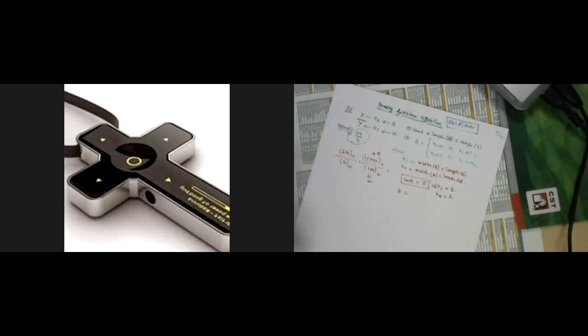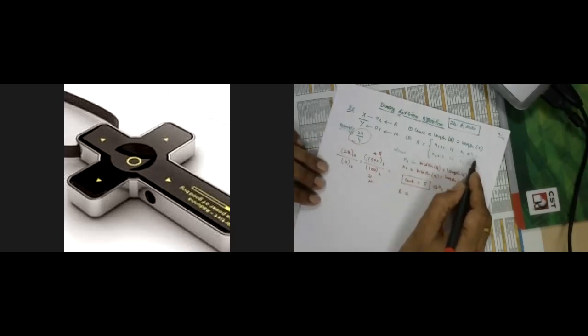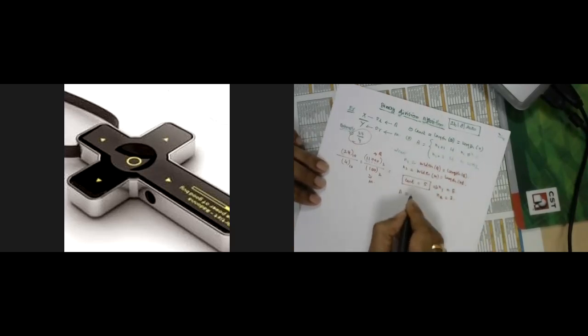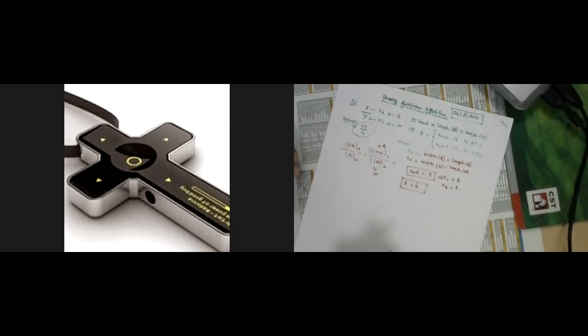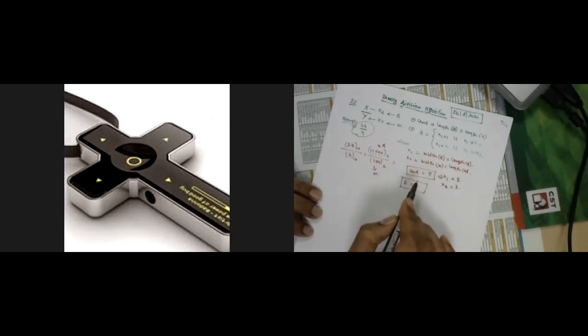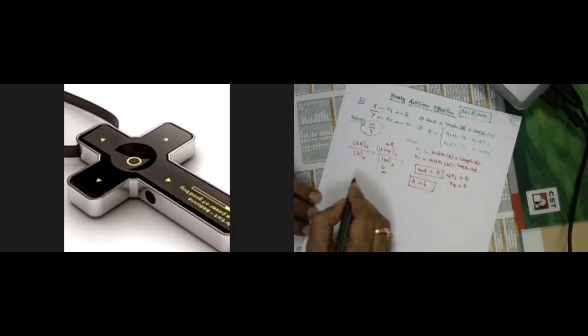Sorry, one call. So A is equal to N1 plus 1 if N1 is not equal to N2, therefore A is equal to 6 here. All these steps are called initialization of the division algorithm. That means one should initialize the registers with all these primary values. How to find the primary values is explained here: the count value and the accumulator value. Then I go for initialization of the registers.